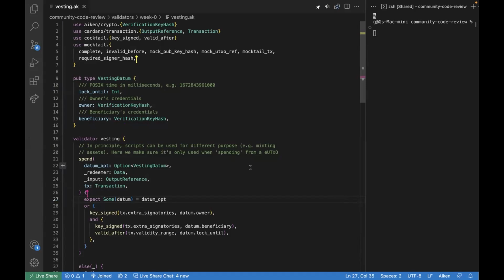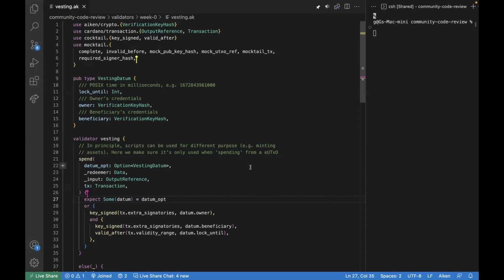Here's another thing about going through Aiken code or validator code, which we've established: all it does is return a Boolean. But what is a bool? It's a true or false data type. It just returns a bool data type, so it just returns the value of true or false. And we use this to build